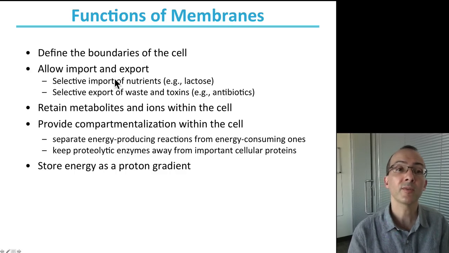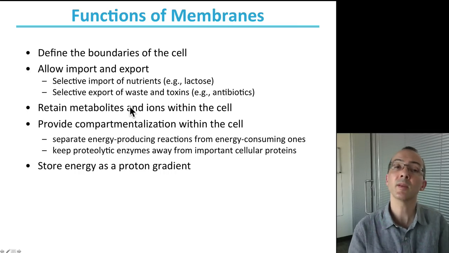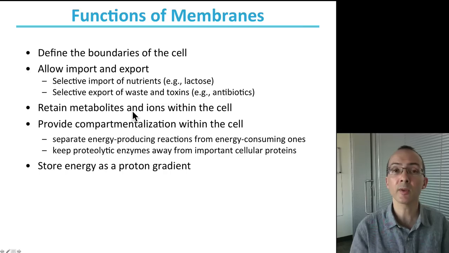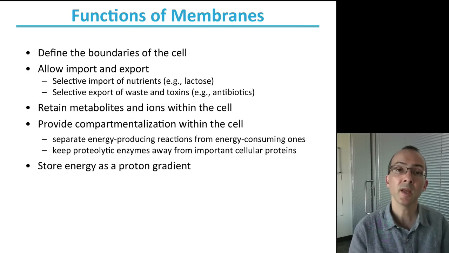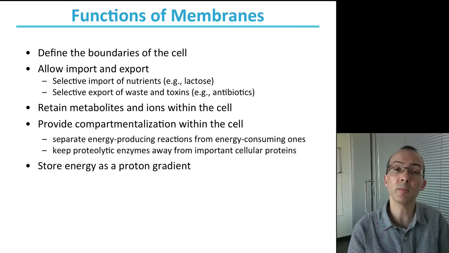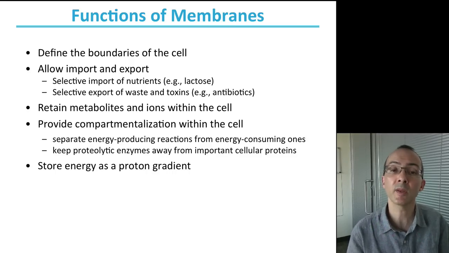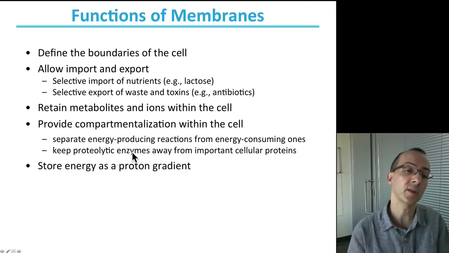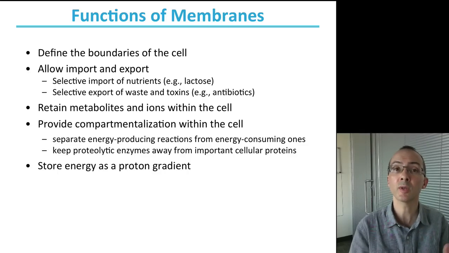Membranes also allow for import or export of things like nutrients and wastes and toxins. They allow cells to maintain metabolites and ions within the cell, or to import and export those kinds of species. And they also provide for compartmentalization, allowing you to separate different functions and activities within a cell. For example, to keep proteolytic enzymes away from key substrates that they could act on. And they can also, as you see in oxidative phosphorylation, store energy in the form of a proton gradient that